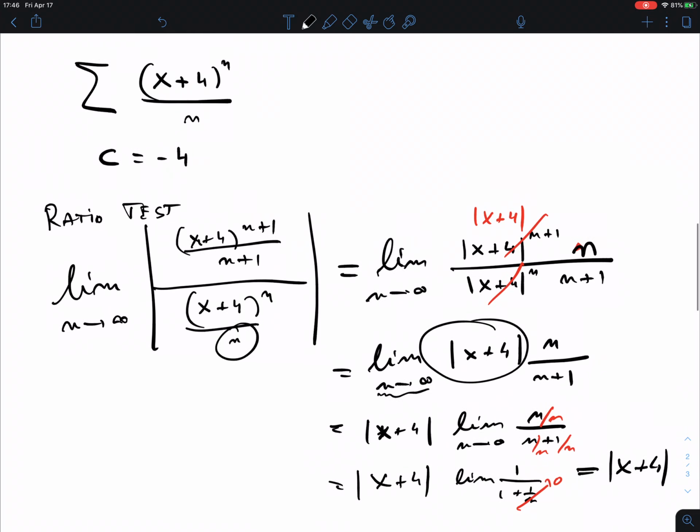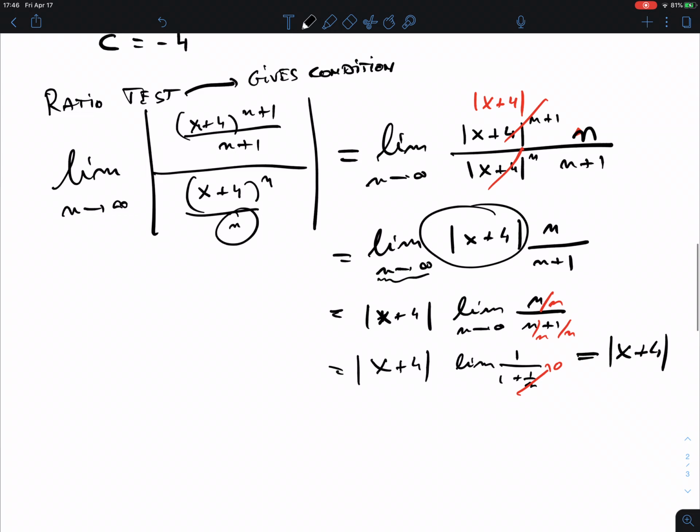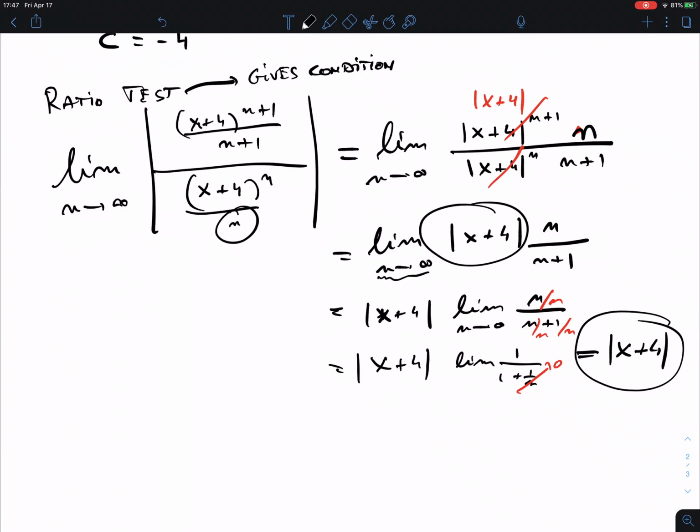What does the ratio test say? What you need is something that's less than 1. But I don't know, what is x plus 4? I don't know what x is. Exactly. So this is the thing: the ratio test gives the condition. It will tell me what the condition is. And the condition is basically what I just said, that this has to be less than 1. The absolute value of x plus 4 is less than 1. That's the condition